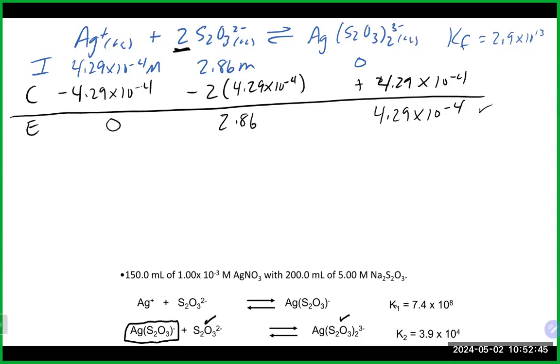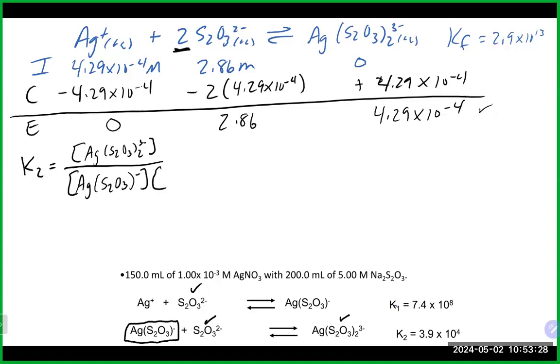I can't really go into step number 1 yet because I'm missing 2 things, right? The only thing I have out of step 1 is this guy at this point. So I can't go into step 1 to solve for anything. So I'm going to use step 2 here to solve for that intermediate guy in the middle. To do that, I'm going to write my equilibrium expression for K2, which would be the concentration of our products, our complex ion, divided by our intermediate guy there